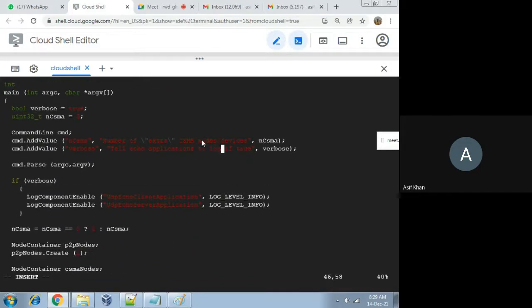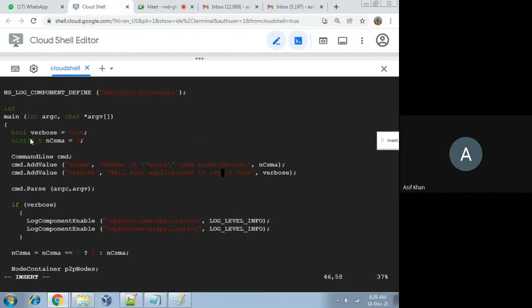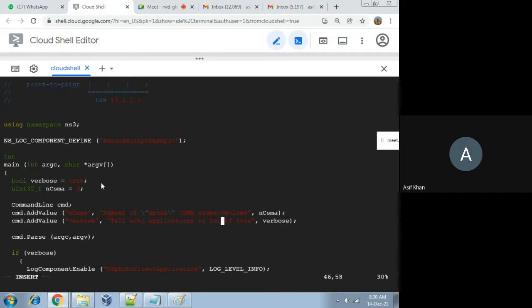These lines are for the command line arguments. Here verbose is a boolean variable, taken for enabling and disabling the log level information. This console message display can be enabled or disabled by using the boolean variable verbose, and that can also be taken from the command line.